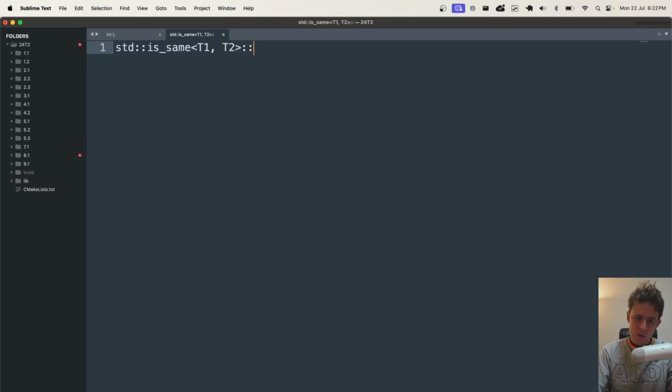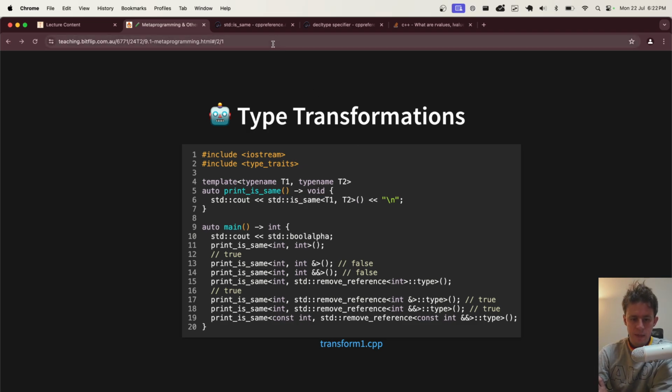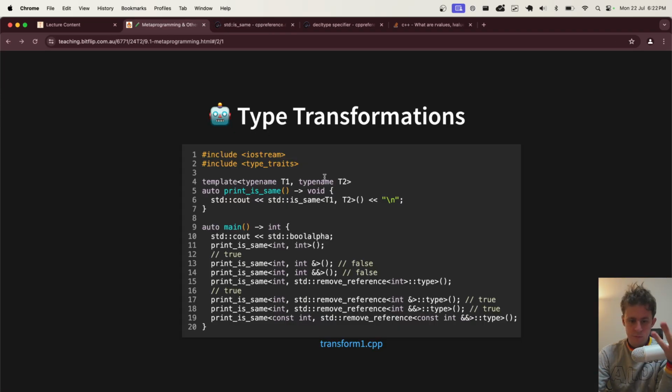Older ones will do something like this, which was just a way of using static properties to carry information. This particular one looks like it's using an operator from what I can tell, which is really interesting. But the point is that something like this will be able to be compiled essentially to true or false.